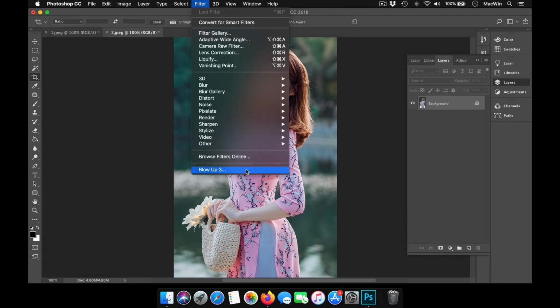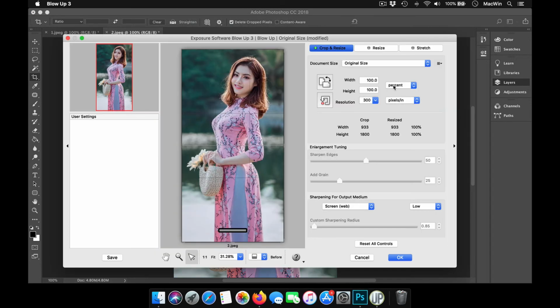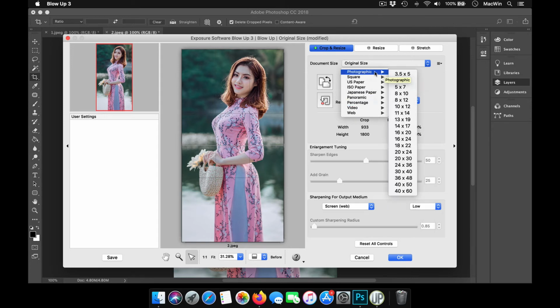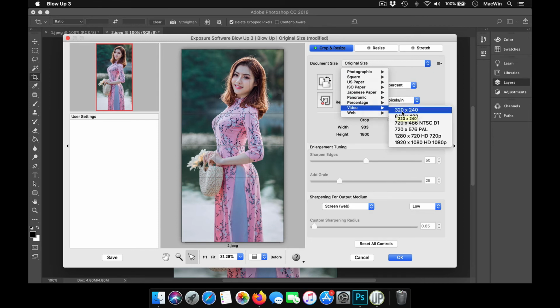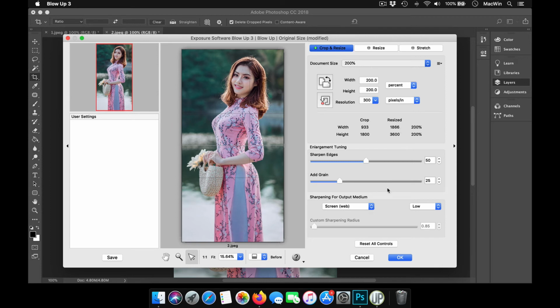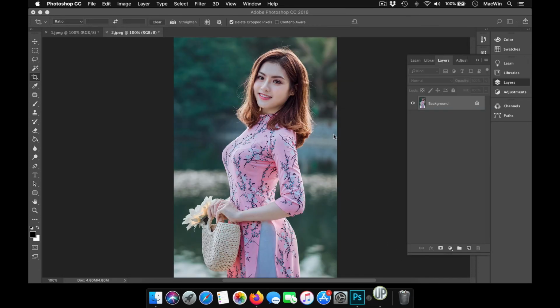Now open up the filter and take the option as percentage. You also have various sizes for photographic sizes and international paper sizes, including Japanese paper sizes as well. You can try different sizes here if you have any preset. If you have any video format, you can take them from here as well. But the widely used one is just scaling up the image, basically blowing up. Go to percentage, take 200% size. You can sharpen and try around these values. Press OK.